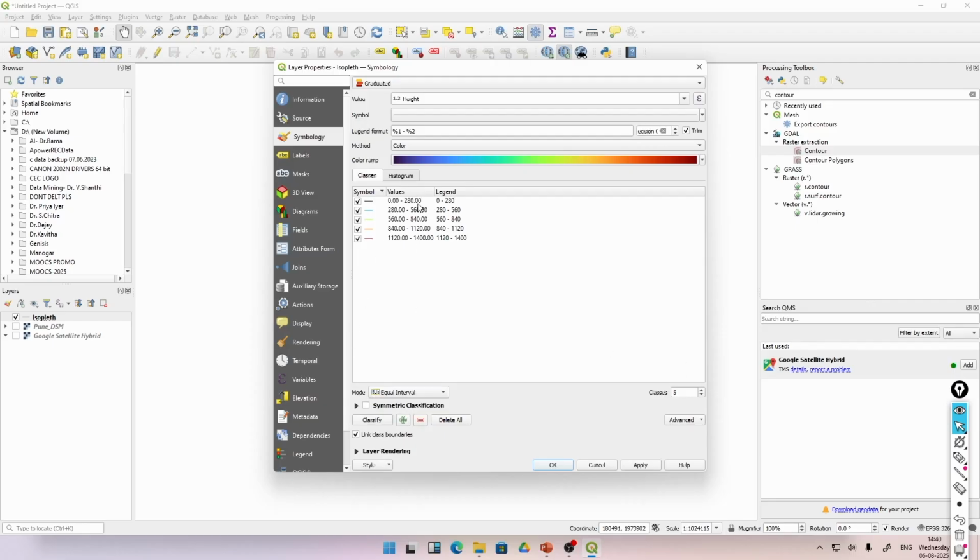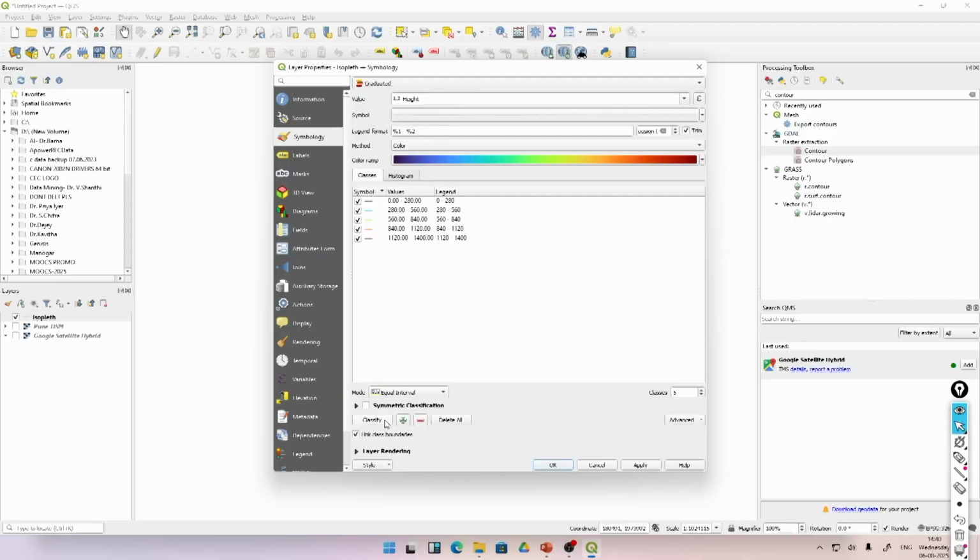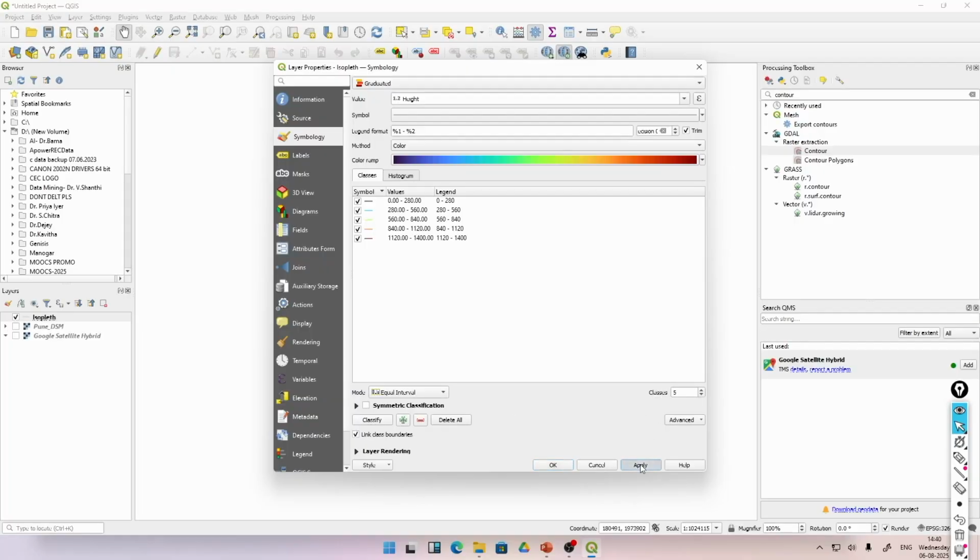So we have values from 0 to 280, 280 to 560, 560 to 840, 840 to 1120, and 1120 to 1400. This is basically trying to represent the elevation. So from the mean sea level, what is the elevation of that particular place? So that is what it is trying to represent. So once I have given classify, I can give apply,